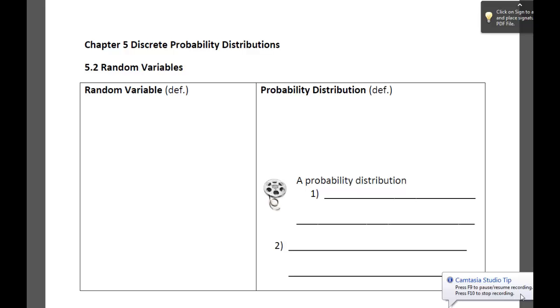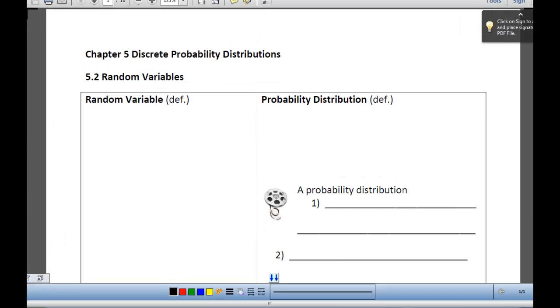A probability distribution is exactly what it sounds like. When we talk about a probability distribution, it's some type of tool that lets us know how probability is distributed amongst the possible values. Okay, the values of what would be a random variable. A random variable is a numerical or quantitative variable